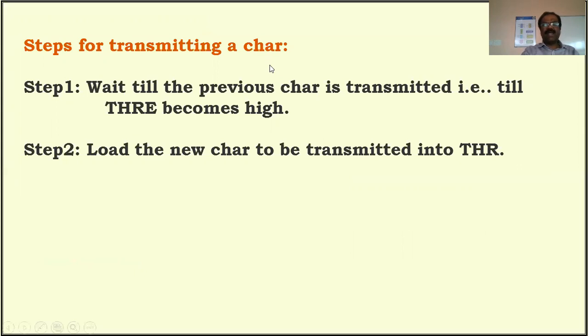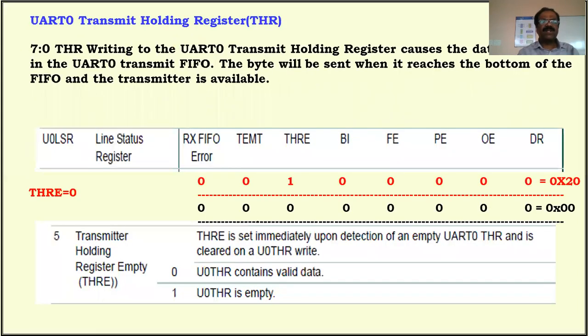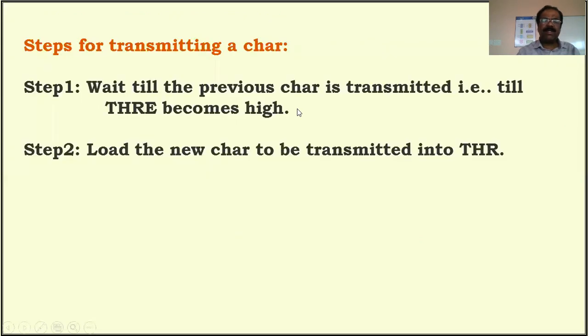If you want to transmit any character, we have to store that character in a predefined register buffer. In this case, there is a register called THR. What is THR? Transmit holding register, THR. If you want to transmit any character, first we have to write the ASCII code of the character to be transmitted into that particular register THR. It's an 8-bit register.